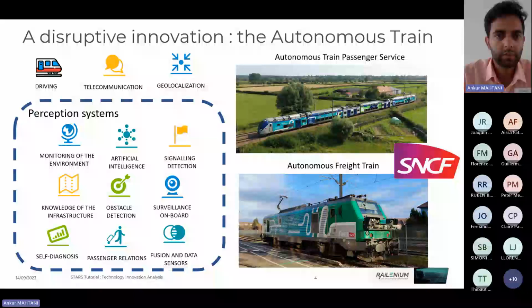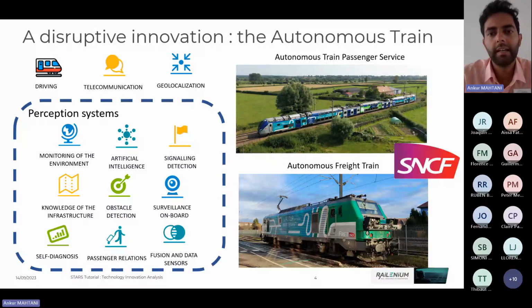Most of the general subsystems are based on driving, telecommunication, geolocalization of the train, and then all the perception systems that can help the train to drive. So they process data based on sensors and then provide enough information for the train to guide its driving actually. So we can find in these perception subsystems many use cases that aim to detect objects, anomalies, or any